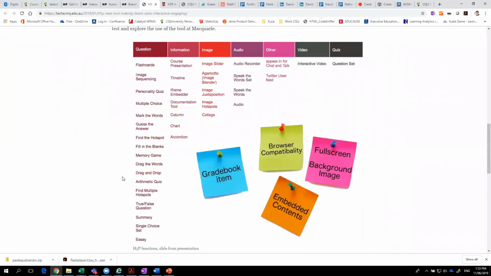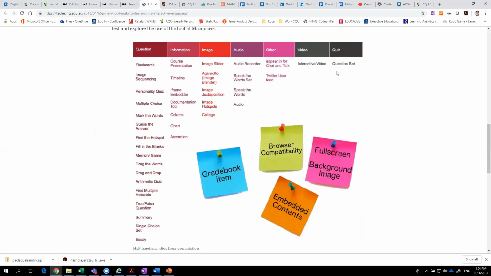You can see there's a lot of focus, obviously, on assessment type stuff. So whether it's formative or summative, there's quite a lot of richness in terms of what you can do to construct assessments. But you have information, image, audio, video, and just very specifically quiz kind of stuff that you can do with H5P. And Moodle is working on bringing that into core Moodle in the very near future.